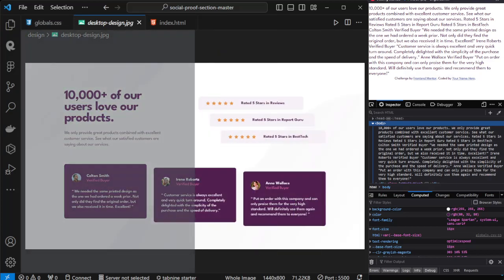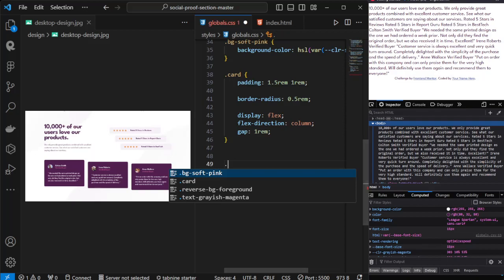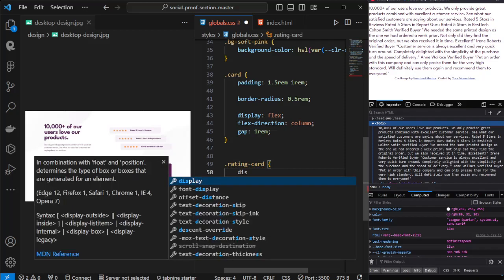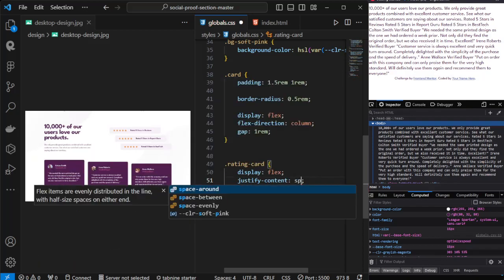Okay. So I think we can just separate this actually, because we also have a flex here, so we can reuse the flex class name. Or I guess we can just say the rating card to have a display of flex and a justify content of space between